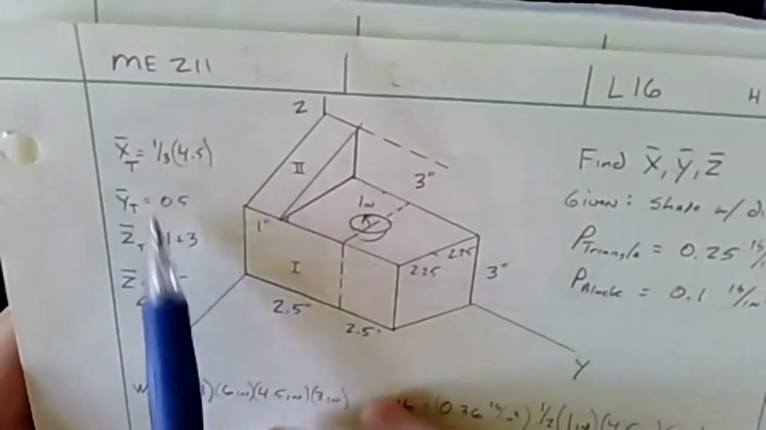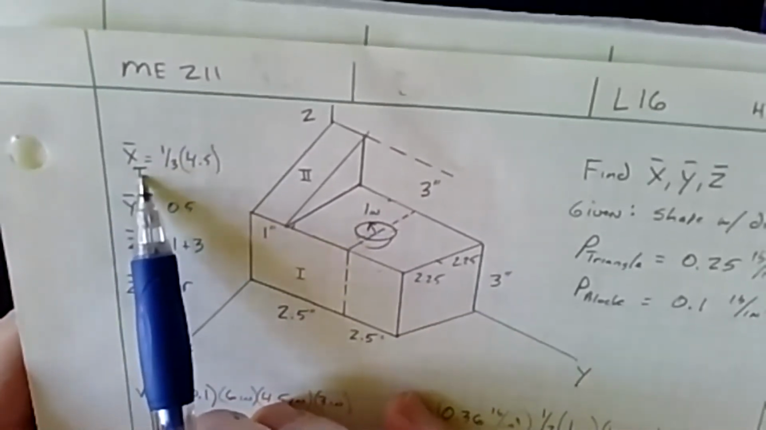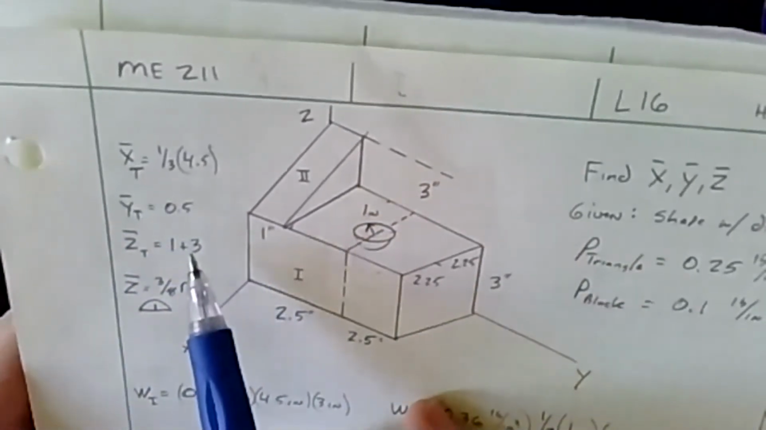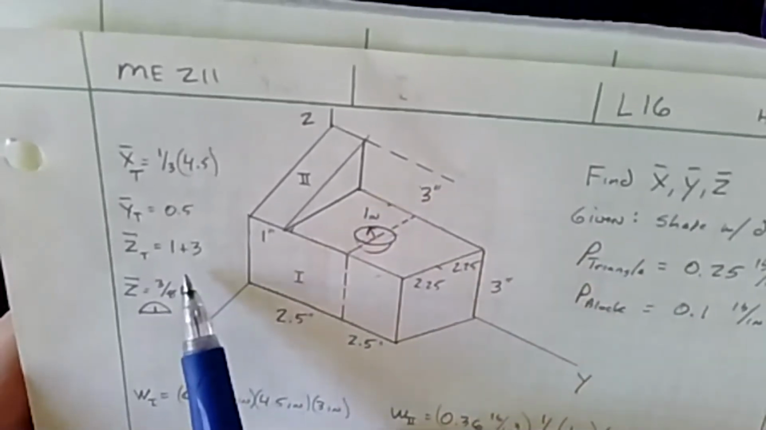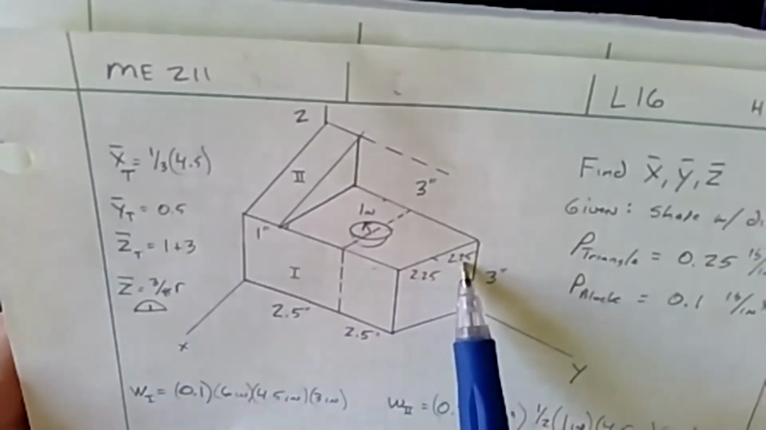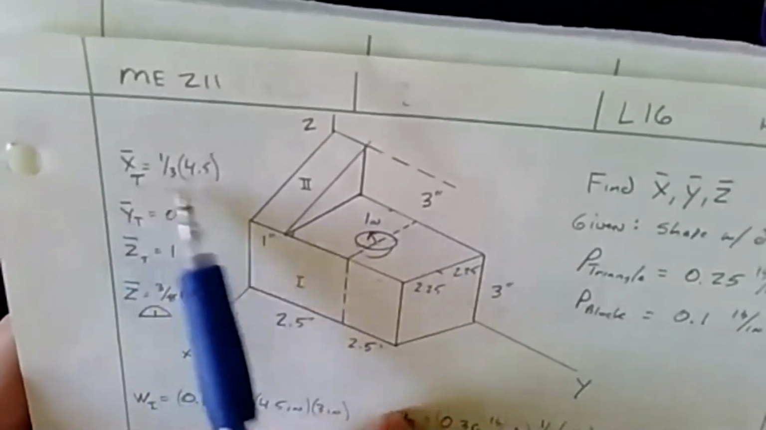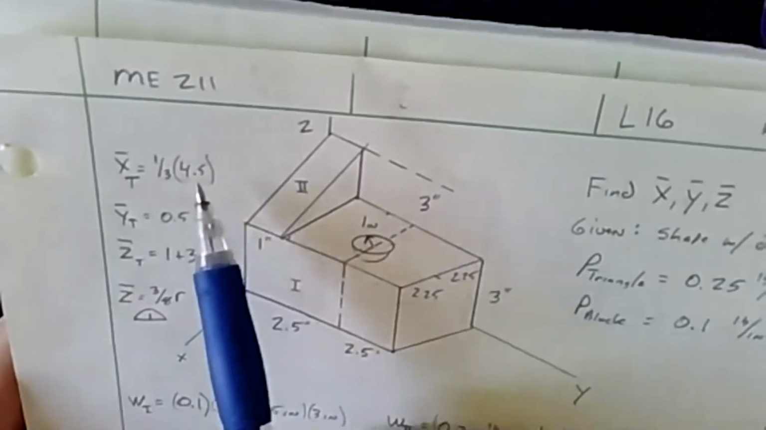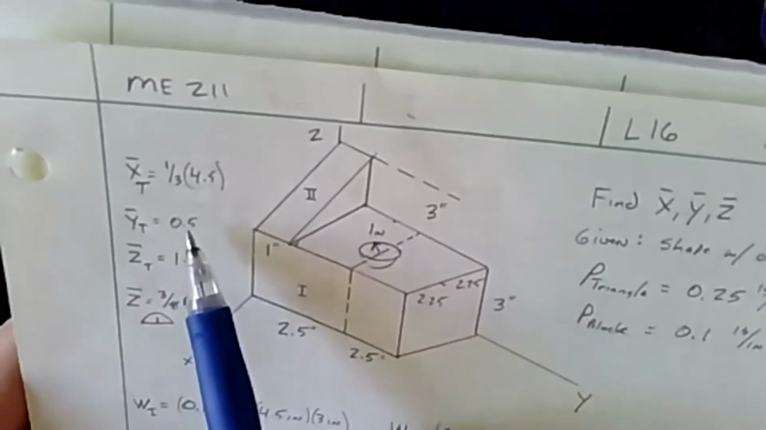So what I'm writing here is the x bar of the triangle. Well, we know in the x-axis going this way, it's going to be 1/3 of the height. Well, in the x direction, the height is going to be 4.5, right? 2.25 plus 2.25. And so what we end up with is 1/3 of 4.5, which is just 1.5, right? And then we have